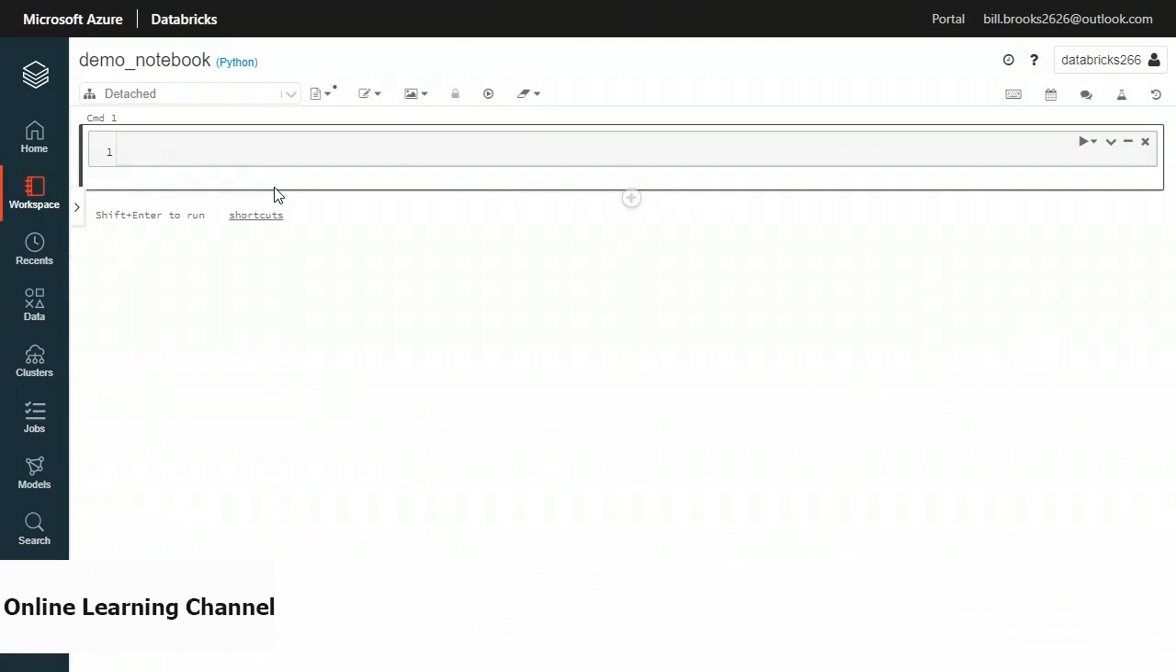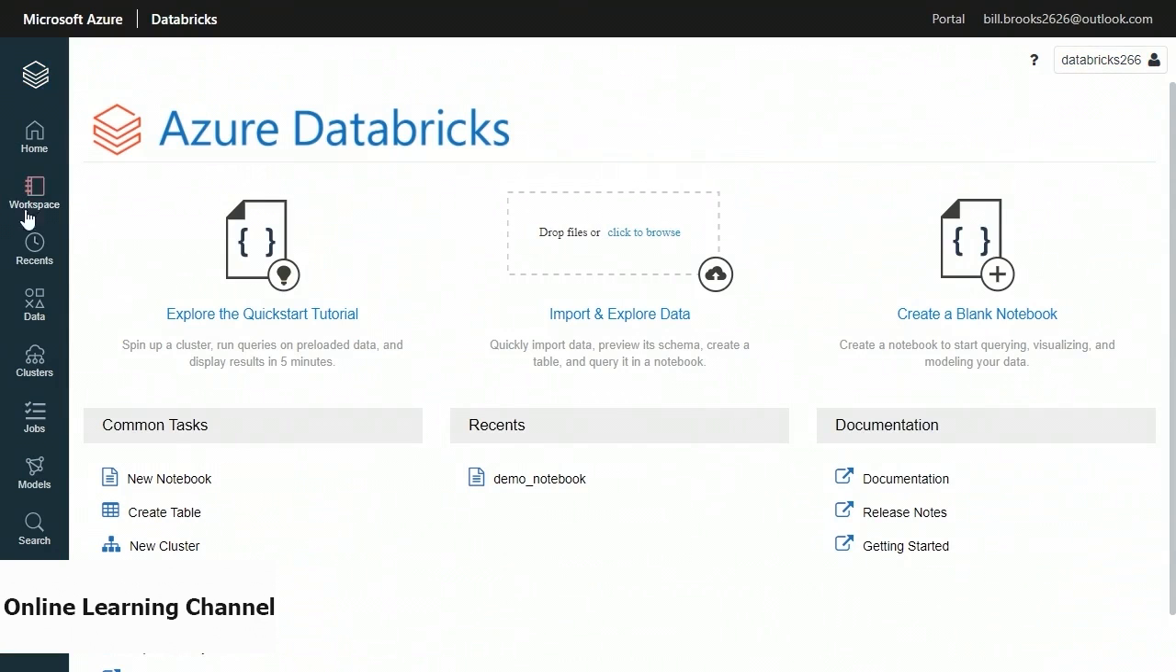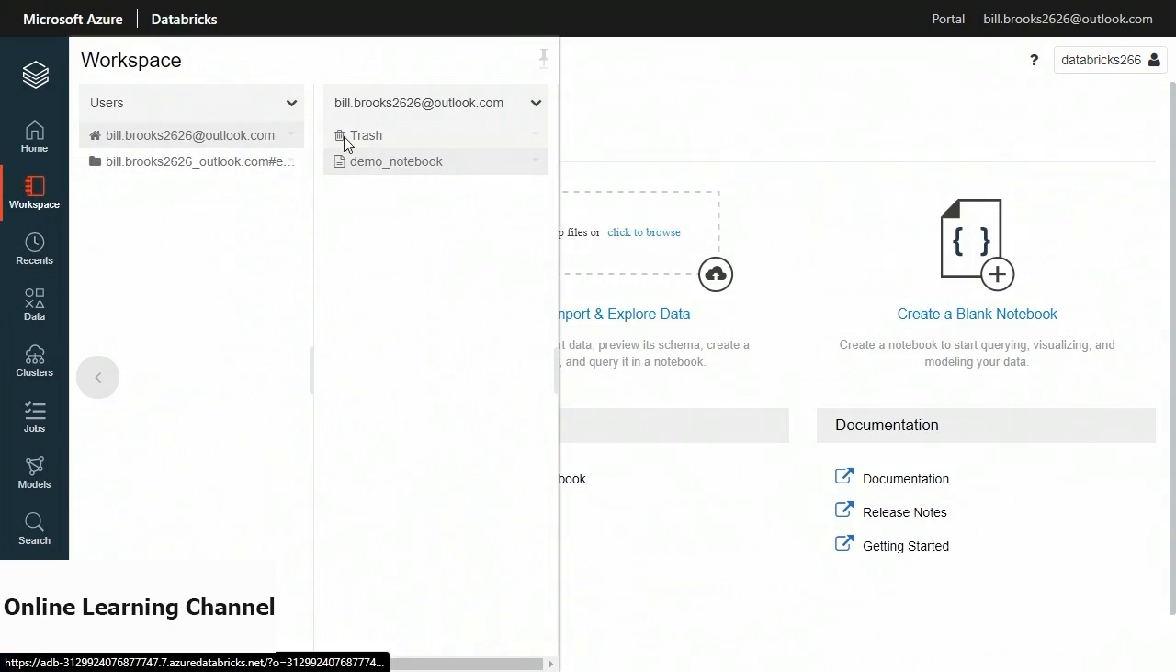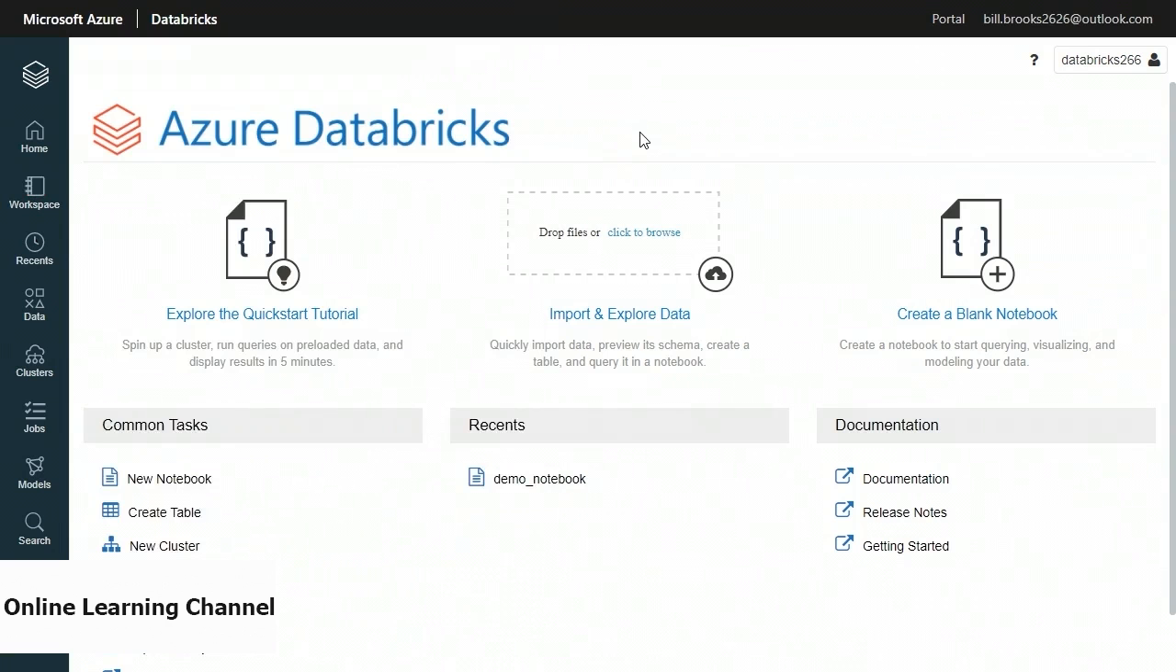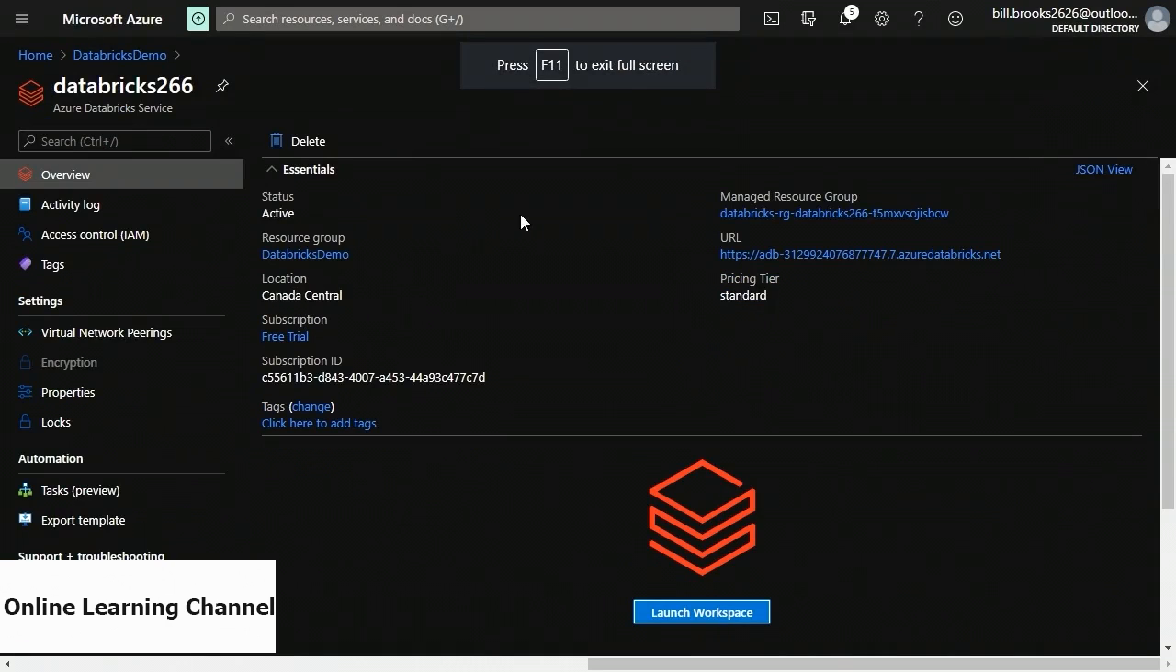And I'm just going to put something very simple, just so we have a notebook so I can show you what it looks like in Data Factory. So I'm just going to go print hello world. This is the Python notebook. And now I'm going to exit. So you see in my workspace, if I take a look at my workspace, I see my demo_notebook under my user. So if I just go back to the portal,